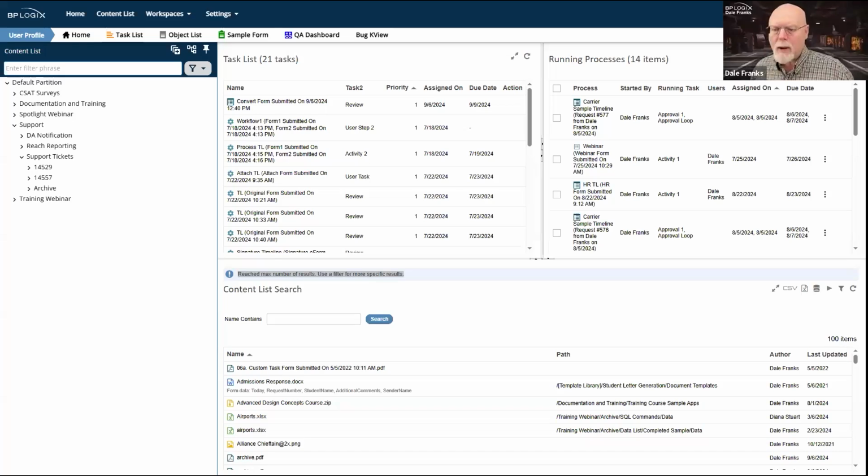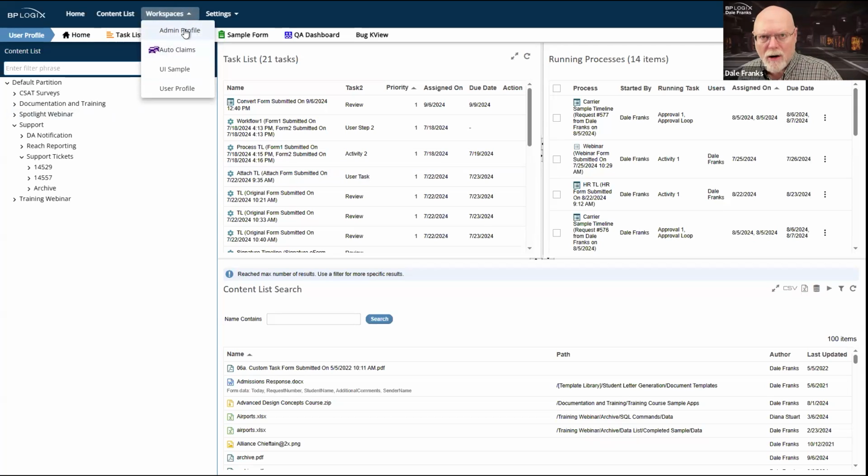With all that in mind, let's get started, and let me share my screen with you. The workspace and the dashboard serve very similar purposes. I don't want to talk about dashboards much yet. Dashboards are largely a replacement for a workspace. And what a workspace allows you to do is it enables you to create a unique UI for certain classes of users. When Process Director is first installed, you have two workspaces that are just there automatically.